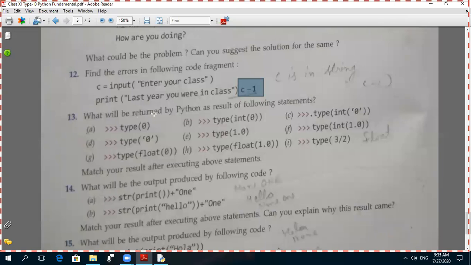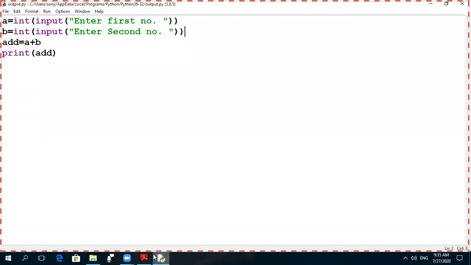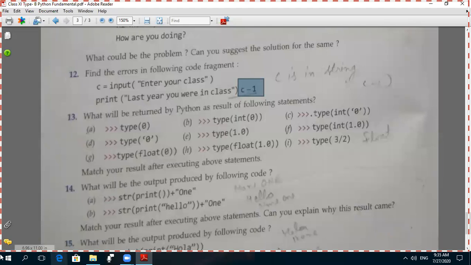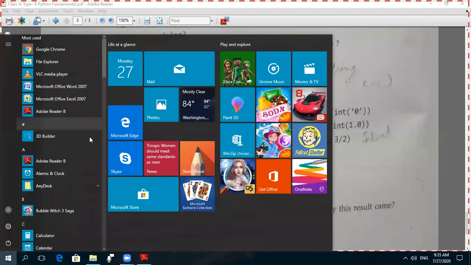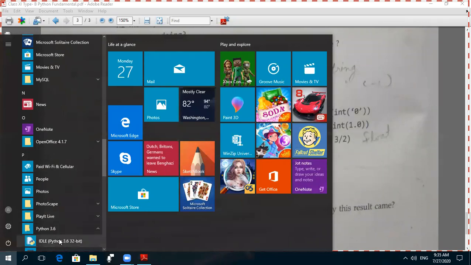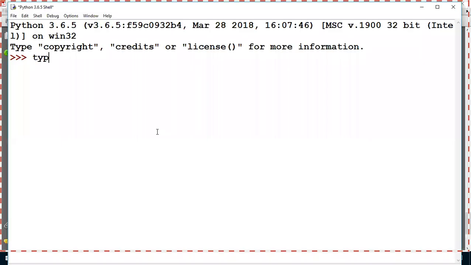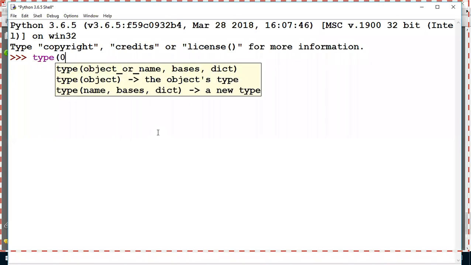Next, what will be returned by Python for the following statement? Type is a function that returns the type of a variable or value. If you write like this, type 0, the type function will return the type of the variable or value.